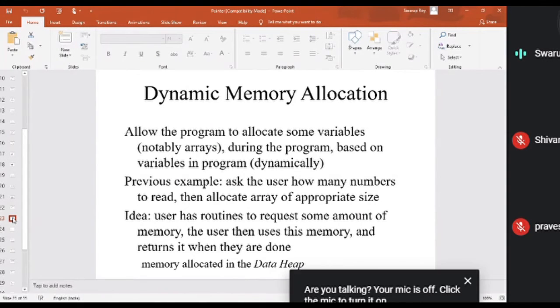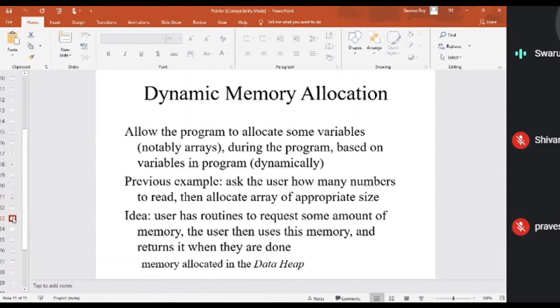Dynamic memory allocation is what? Basically, it's on demand, in the sense of on run. It depends on the user. How much space do you need? You ask the user, and then it will go to the memory space and allocate some memory for you, instead of deciding at the very beginning. It should be on demand, as and when the user wants.